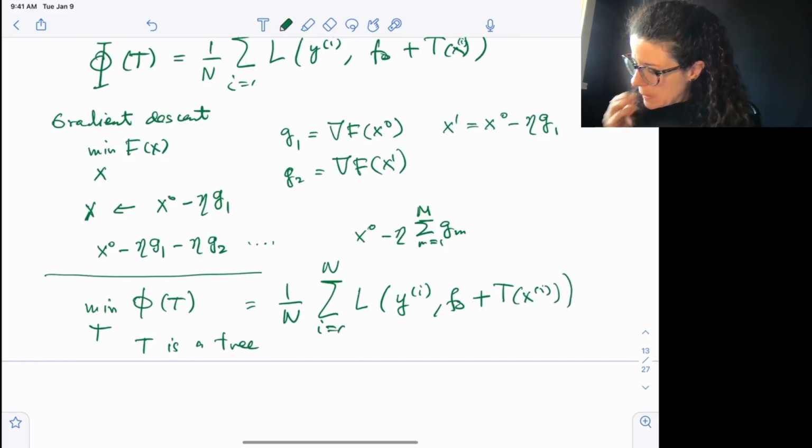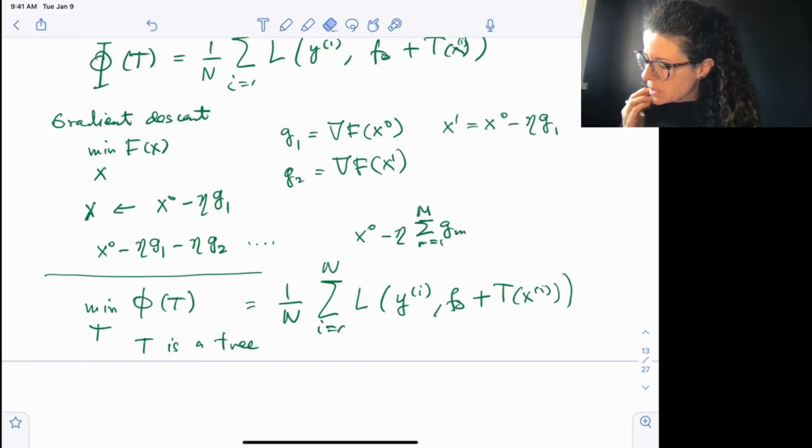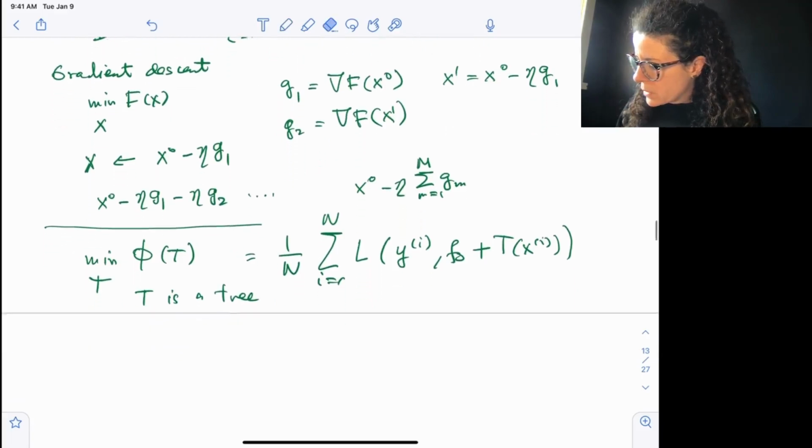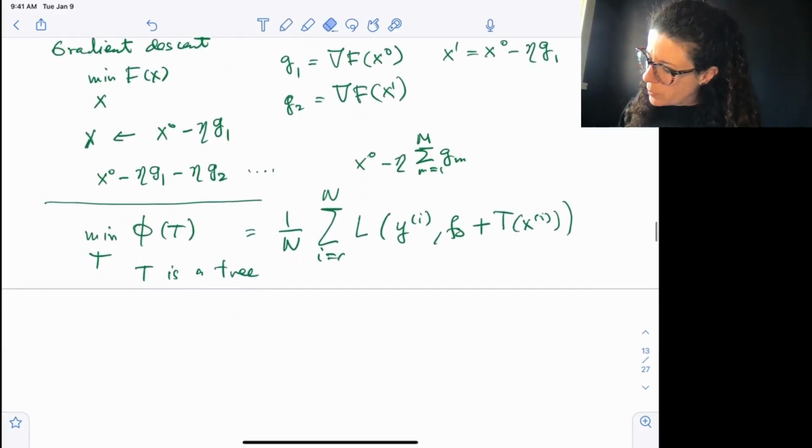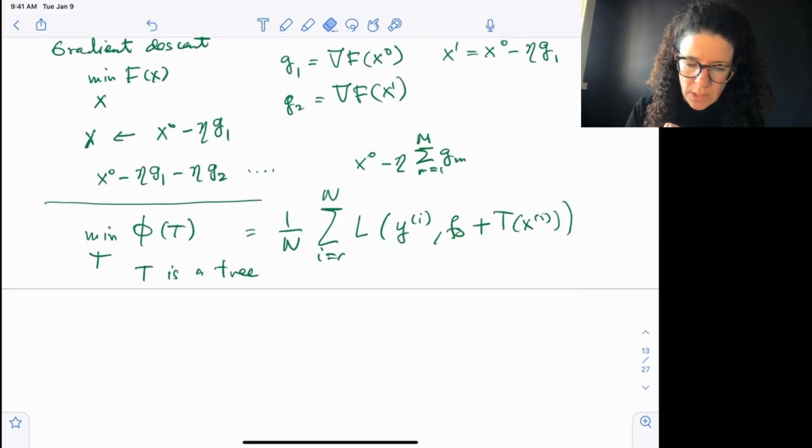Okay, and it's actually a little bit of a difficult problem, right? So let me try to simplify it again. Okay, so